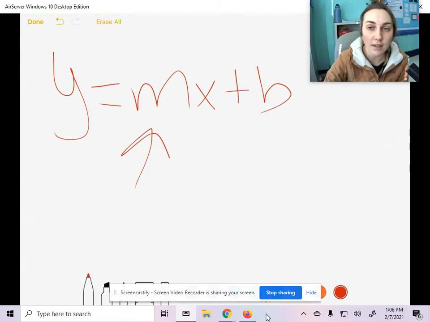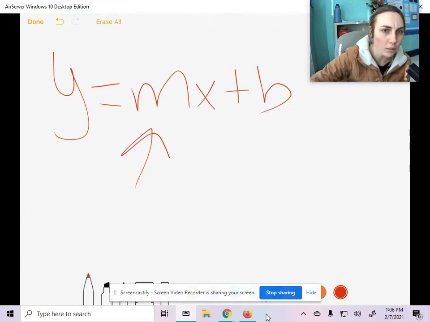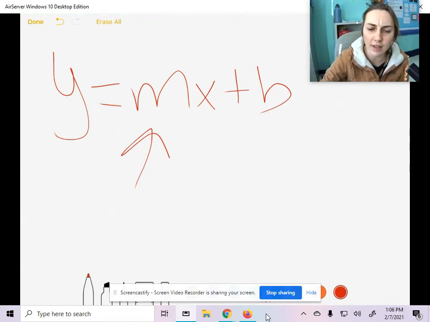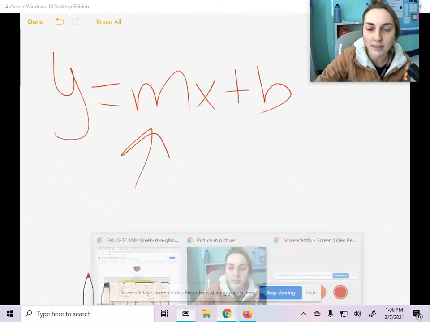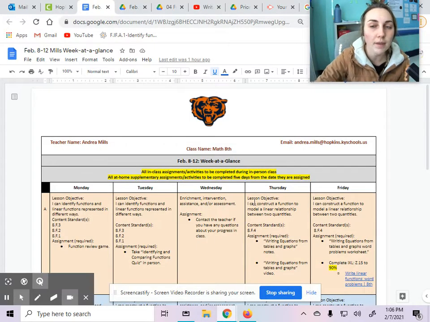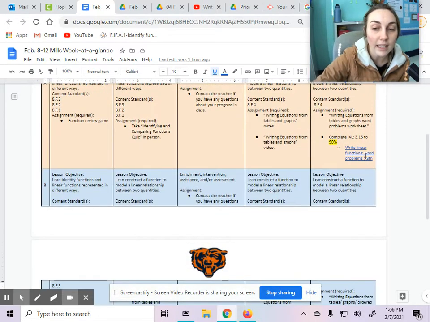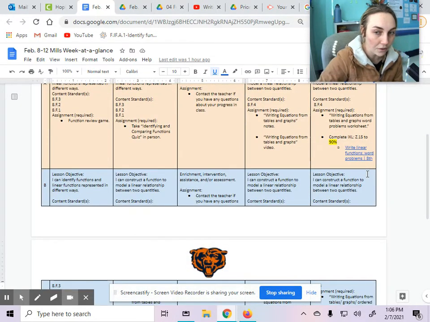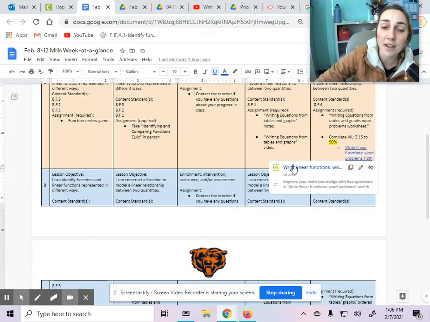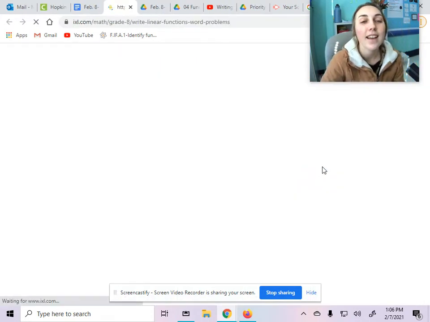So we need to be able to identify in a word problem, oh, is this the rate of change or is this the starting value? Well, let's figure that out, and we're going to practice that. There are a couple ways you can get to this IXL. One way, you can go to your to-do list and click a link, or you can click the link already in your Google Classroom. Since I'm here, I'm just going to click the link from here,